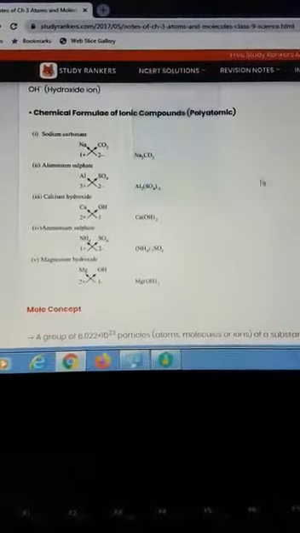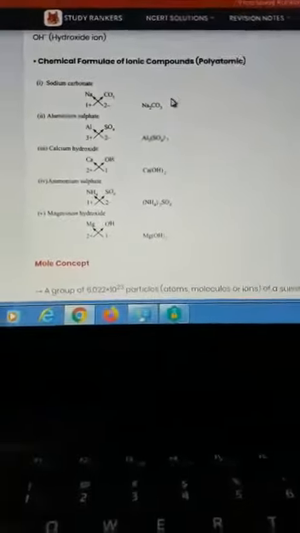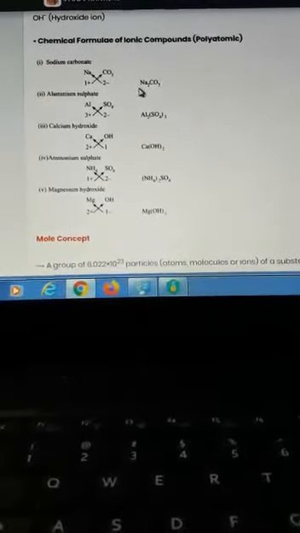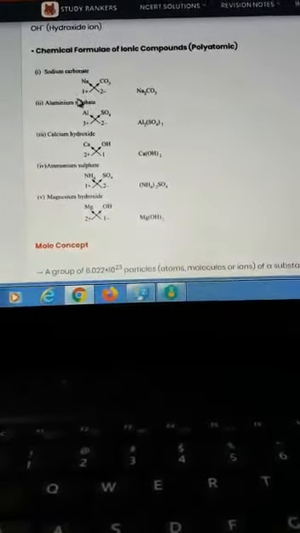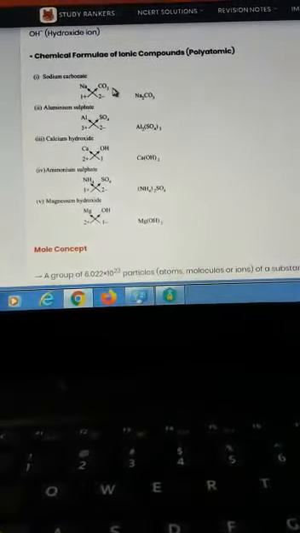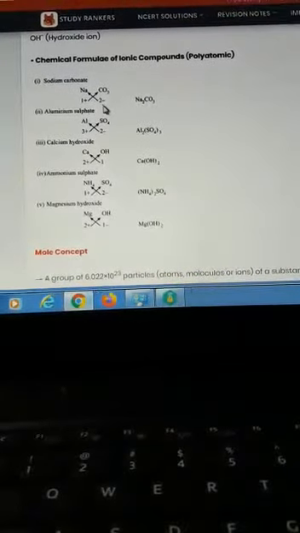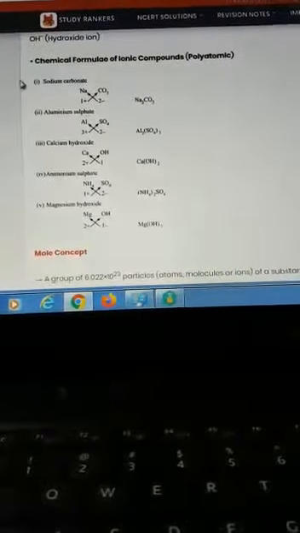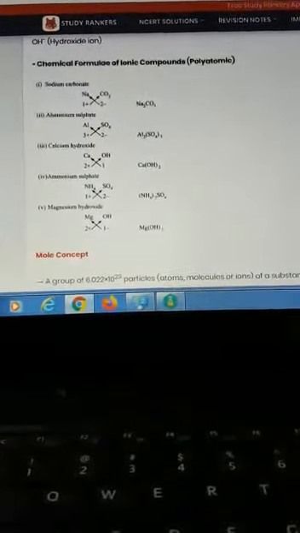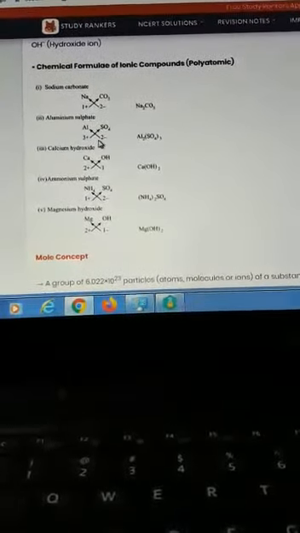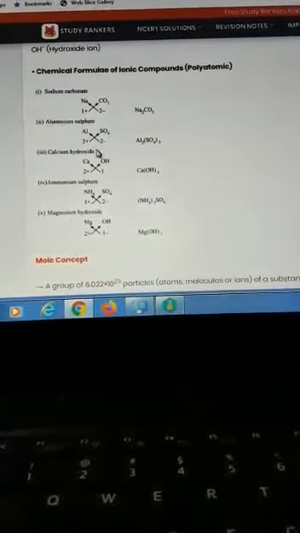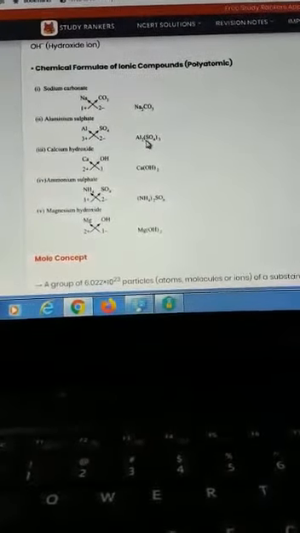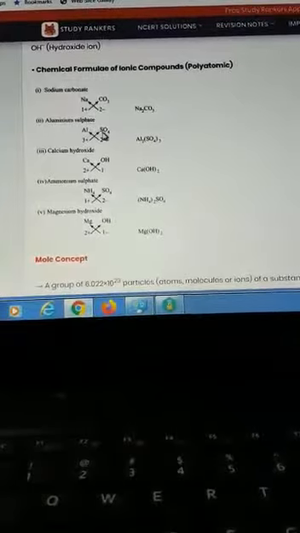Now for polyatomic ions, these are the ions that contain several atoms, more than one. Sodium has charge +1, and carbonate, if you consider, has charge -2. If you cross multiply, you will get like this. But in the case of aluminium and sulfate, you will see that aluminium, if you multiply, will be multiplied as 2. So this you can write like this, with sulfate.